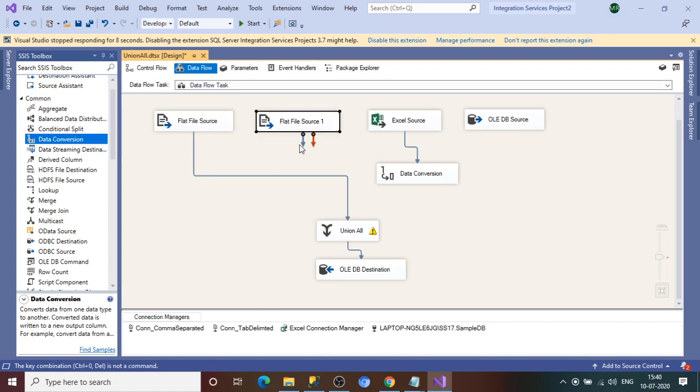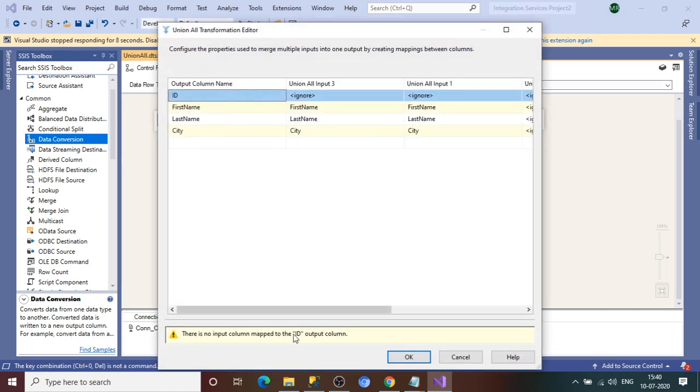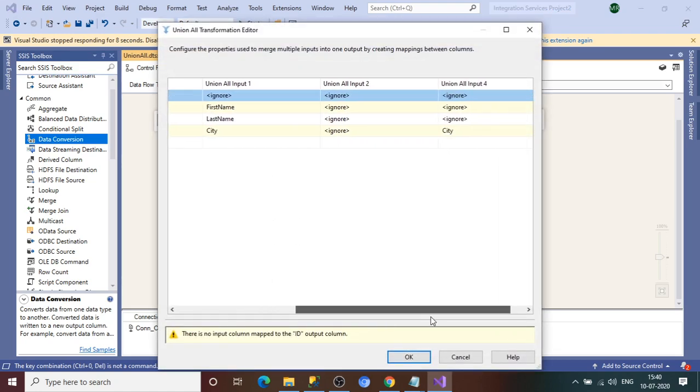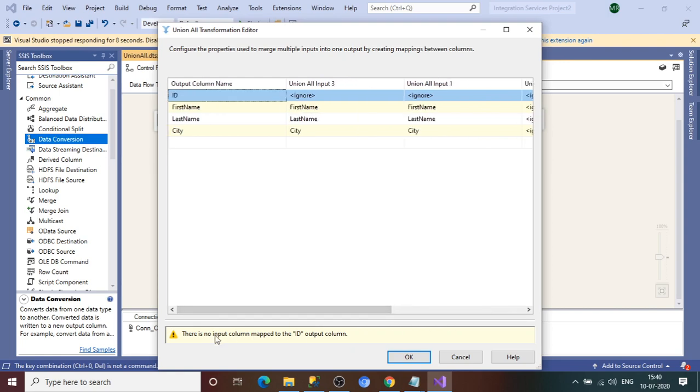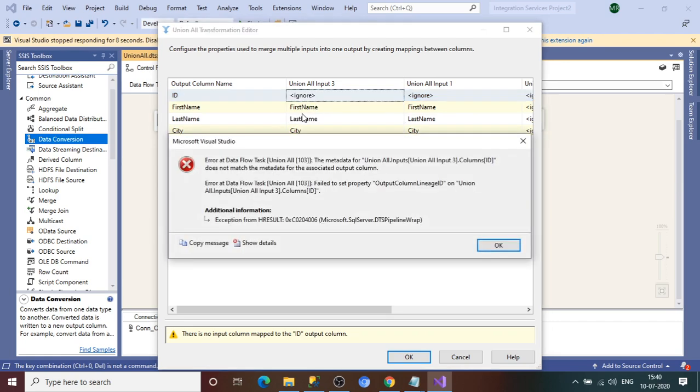Just delete all this, and again connect this source. From the data conversion, do it here, and from the OLEDB source to union all. Now double click here. If you see this id, union all input, column id does not match the data.